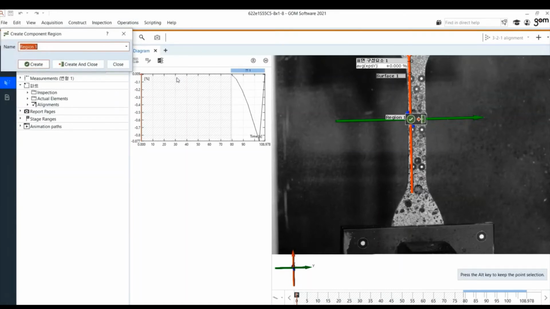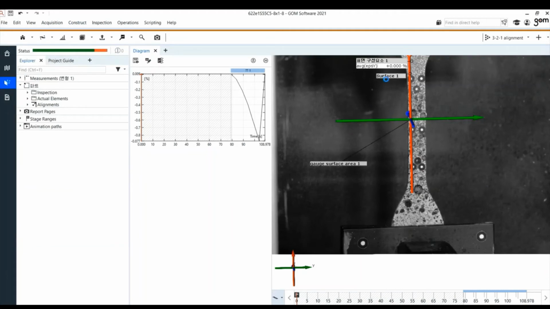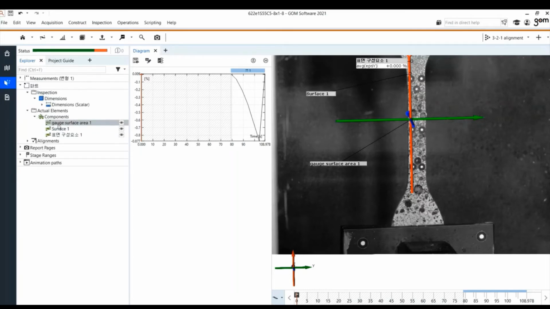I will rename it as a gauge surface area 1. This is actually the component of surface 1 that defines the local area of the global cube. So this is much more precise than the surface 1, because surface 1 provides us the bigger data. So we will define the strain,